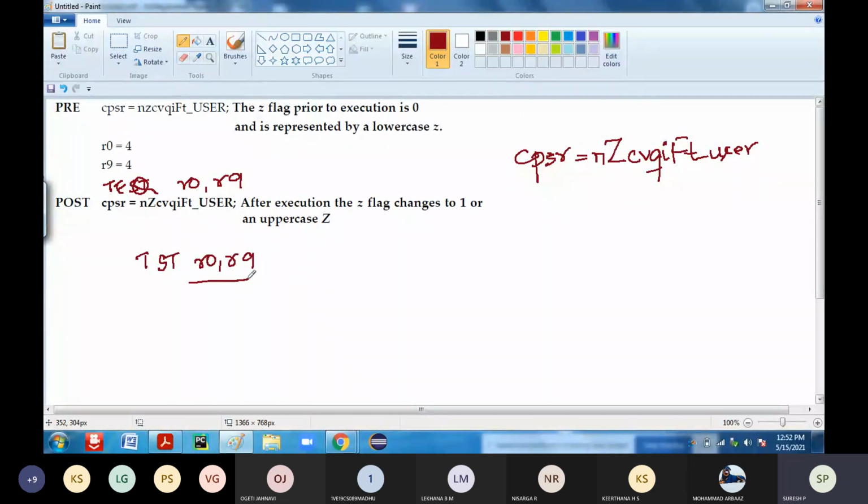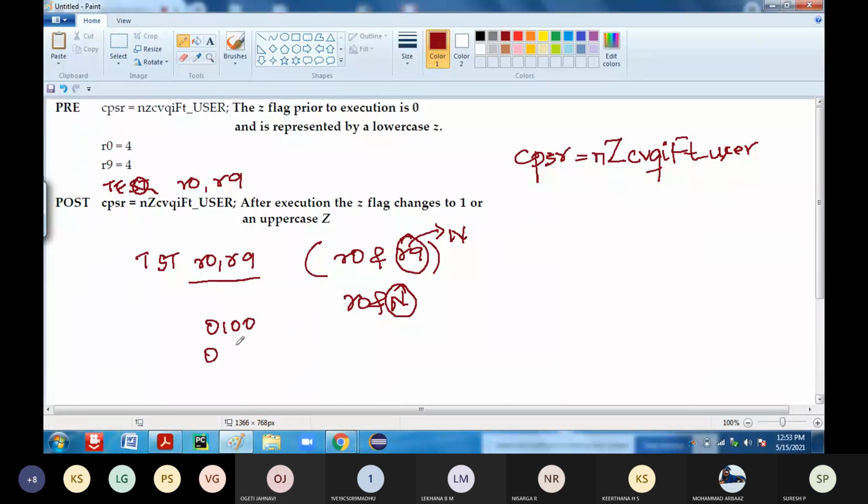What operation is it going to perform? R0 AND with R9. This R9 comes through the barrel shifter, which is why it is specified as N. Whatever value comes through the barrel shifter is specified as the value N. When you perform the same operation, 0100 0100, so 0010.